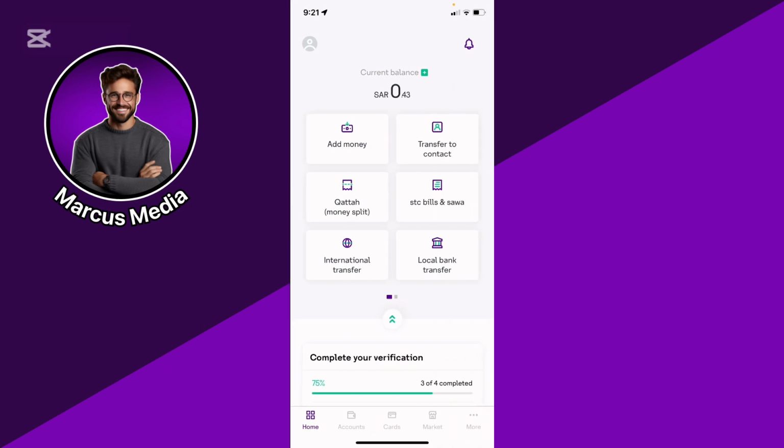inside the app. And basically, you're gonna be able to see your account after you verified your ID and verified your phone number, and you're gonna be able to see your current balance. You can see the account and then cards from here and start creating your own credit card or debit card